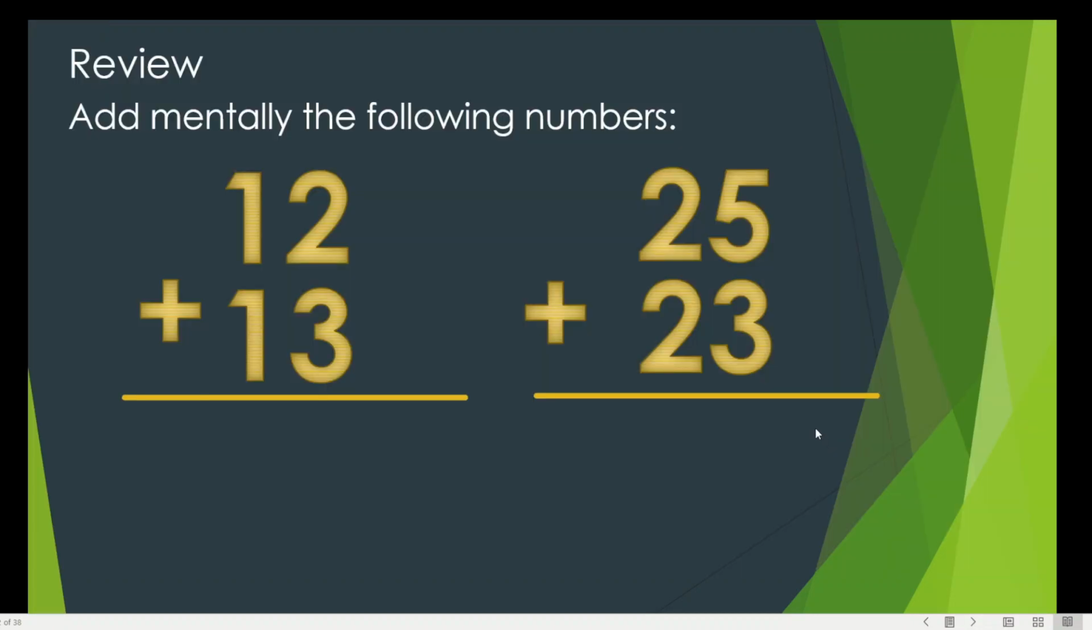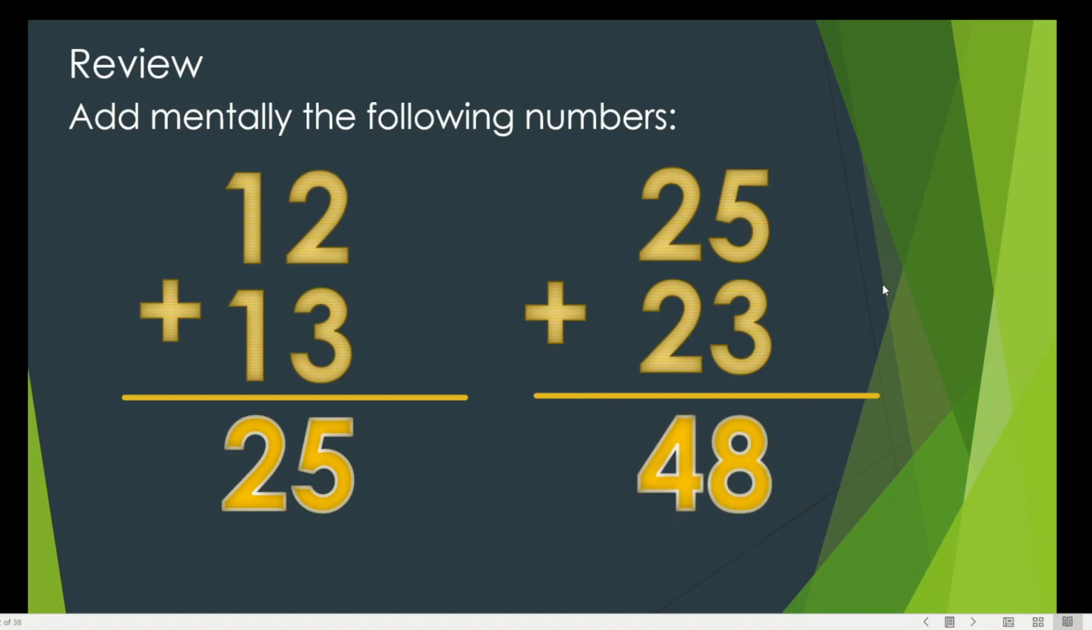So before we proceed to our lesson today, let us have a review. And here's the direction. Add mentally the following numbers. So let us have number 1. We have 12 plus 13. So the answer is 25. Very good. The next one, we have 25 plus 23. The answer is